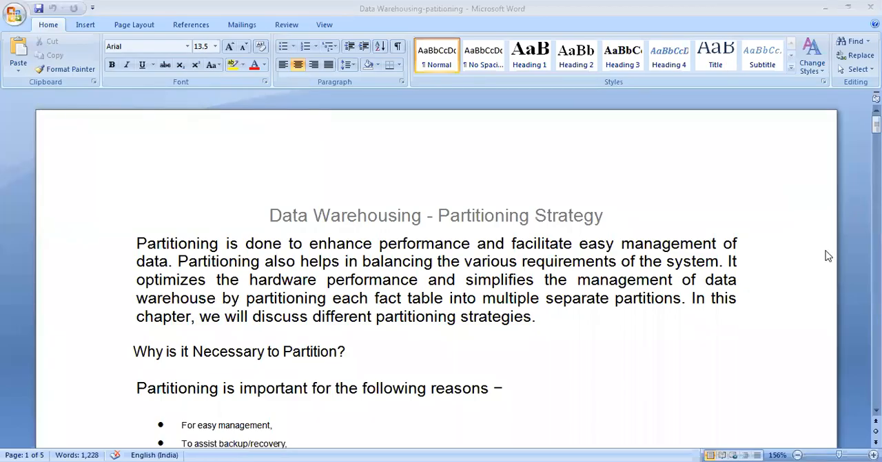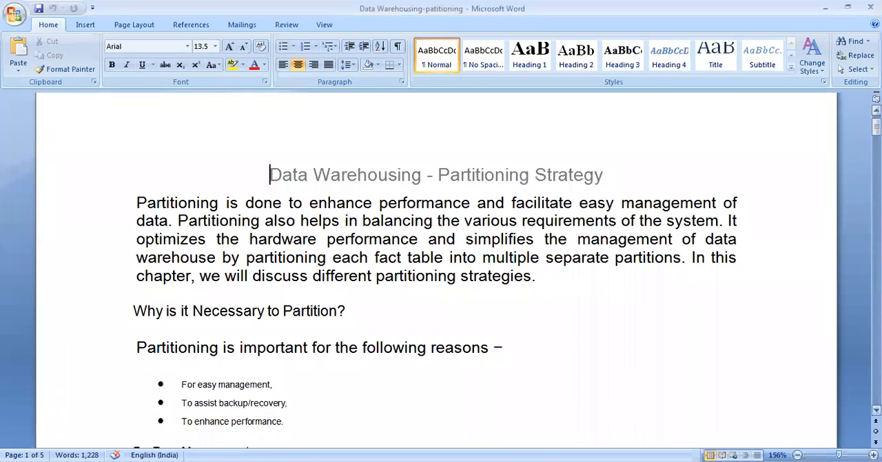Today we are going to discuss the topic of data warehousing and partitioning strategies. Partitioning is done to enhance performance and facilitate easy management of the data. Partitioning also helps in balancing the various requirements of the system. It optimizes the hardware performance and simplifies the management of the data warehouse by partitioning each fact table into